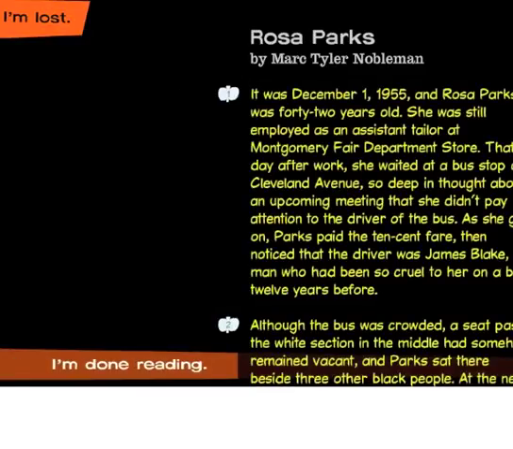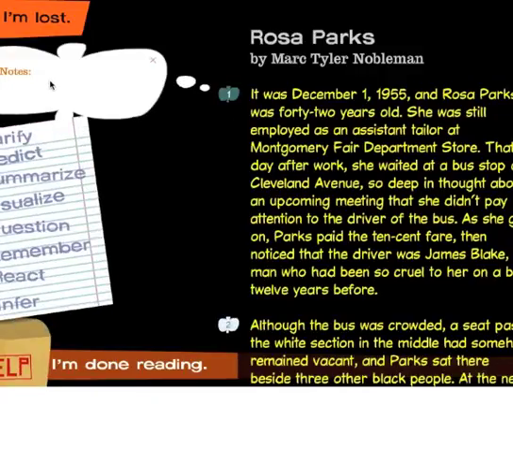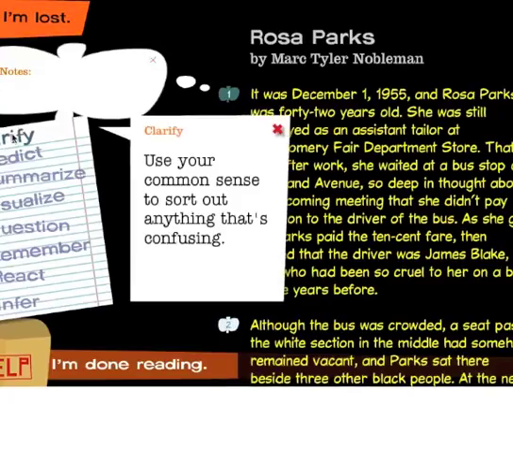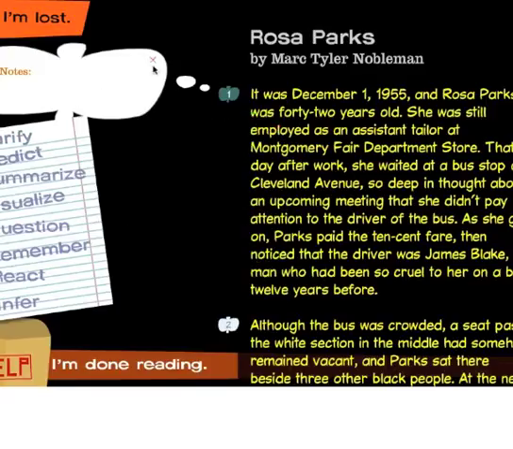So you would go ahead and you would ask students to read it or a whole group, and then you would hit the thought bubble number 1, and immediately all of those strategies come up. So what would our notes be? Are we going to clarify something, predict, summarize? If we get stuck and we don't remember what clarify means, you can click on that word clarify, and it gives a nice little definition. Use your common sense to sort out anything that's confusing. So then you would ask for some notes to put in there, and then you would close that, continue on